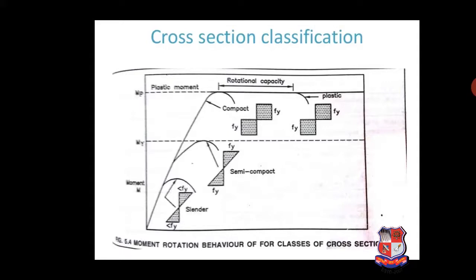And fourth one is plastic. A cross section which can develop a plastic hinge and has the rotation capacity required for failure of the structure by formation of a plastic mechanism. So these are the 4 stages by which we classify a section as slender, semi-compact, compact or plastic. We identify these 4 stages for the section, and then we can find whether it is slender, semi-compact, compact or plastic. In the next lecture or next video we will elaborate on the design compressive strength. Thank you.